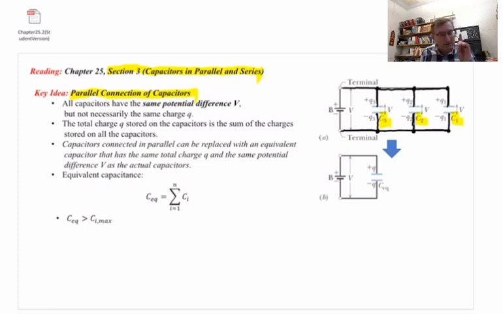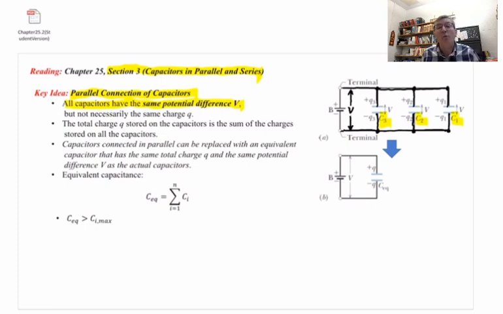Well, one of the main things that we have to be able to identify when we see that kind of a drawing is that it's a parallel connection of the three capacitors. And in this case, they've been all connected across the terminals of this battery. And the battery has a job. It creates a potential difference V between its two terminals. That's what it does. Here's one of the main things to note. All those capacitors have the same potential difference V,